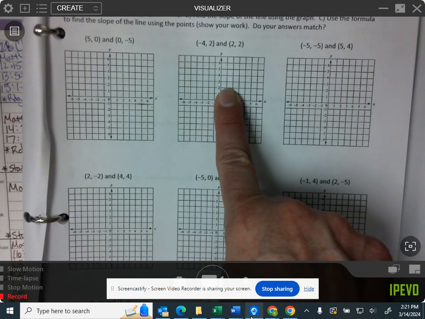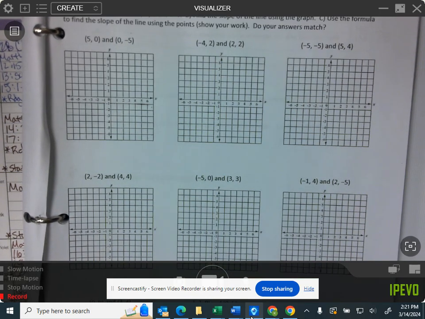I did have people point out that this middle one on top, when we graph it, -4, 2, and 2, 2. So if we are going to graph this, am I going up or down at all? No, it's just 0. I go over 1, 2, 3, 4, 5, 6. So it'd be 0 over 6. So when I subtract it, 2 minus 2 over 2 minus that -4, I get